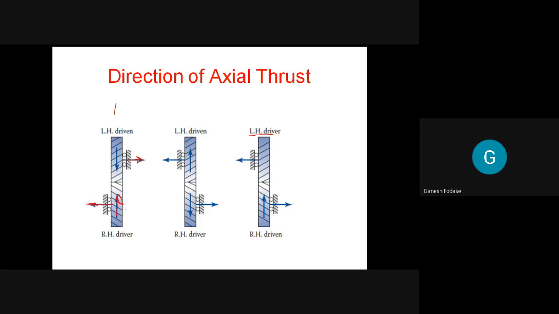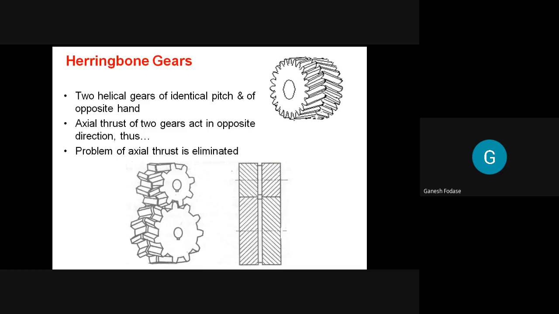And if you know the axial thrust, that means when axial thrust is acting, if there is a pair of helical gears in mesh, then to avoid this axial thrust, two helical gear pairs are used. Remember here, let's say this will be a right hand helical gear, so it meshes with a left hand. So the next gear pair, as this is right hand, we use here a left hand, and this will be a right hand. So two pairs of opposite hands are used. So what happens if, let's assume that this one is the driver, right hand helix, and it is rotating in the upward direction.